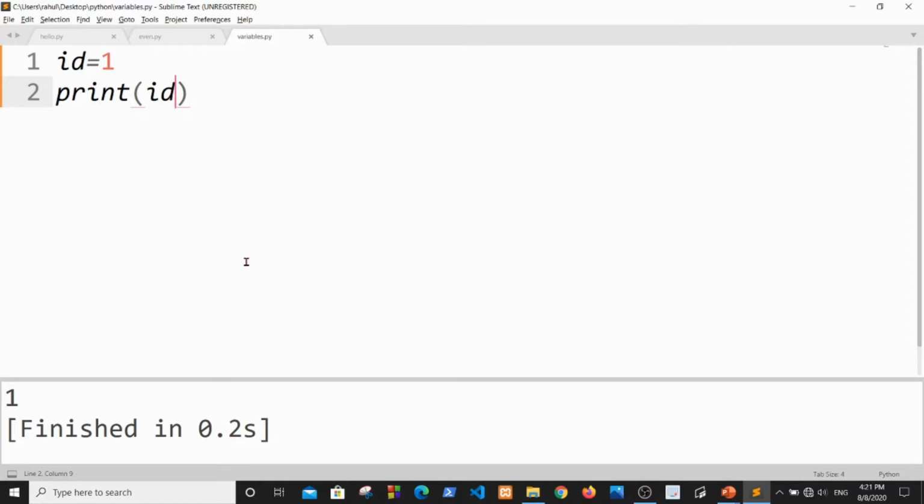Now a variable in Python can hold any kind of value. In this example, the variable is holding an integer value. Now I will create another variable. The variable name is marks is equal to 99.9. It is a floating point number and it is valid. And now I am creating a string. So str1 is equal to a value, and str1 is the variable name.